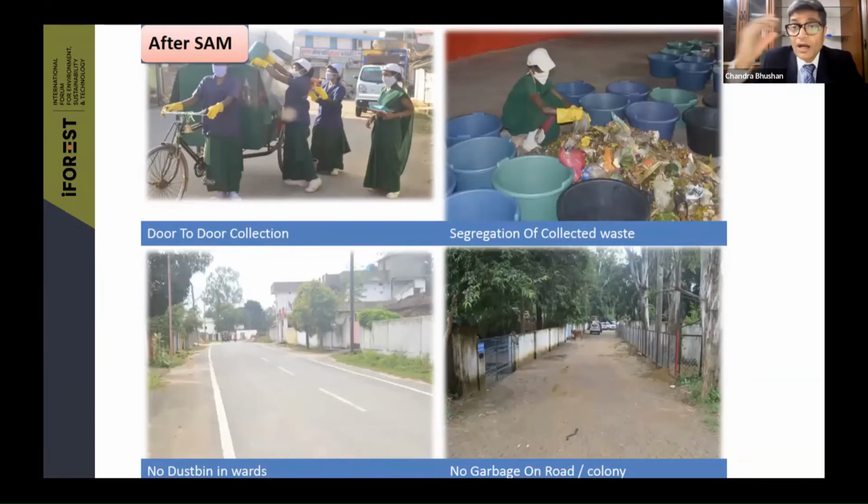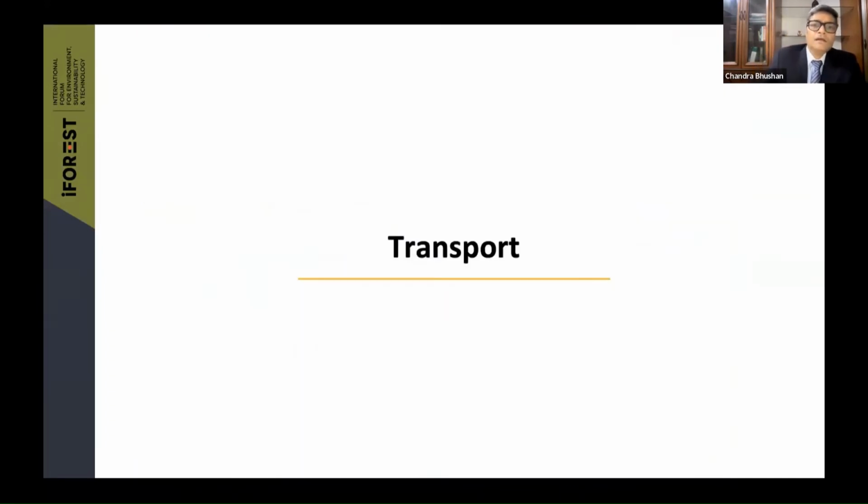Panjim has done it in Goa. In Panjim, you will not see one community bin today. So if we have a good door-to-door collection system, there is no need for community bins. You will need some amount of bins in commercial areas, but no community bins for residential areas. That is not required. This is what the Ambikapur model is. I'll come back to transport now and give you some idea about what cities can do in the transport sector.